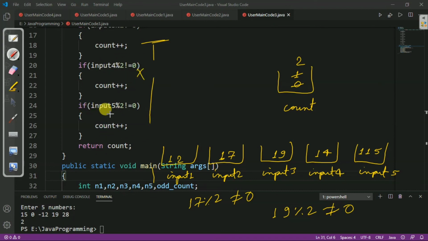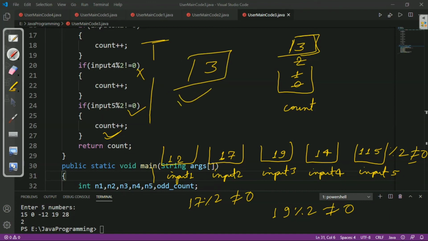And after that we will again check the condition, if input 5 modulus 2 is not equal to 0, and here we can see that input 5 is 115 and 115 modulus 2 is not equal to 0. So this condition is true. So we will again increment the count value. So now count becomes 3, and after that we will return the count, and here we can see that count value is 3. So our program will return 3. This is the answer.